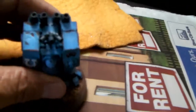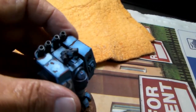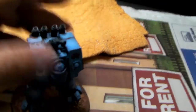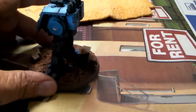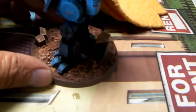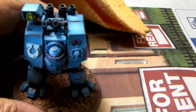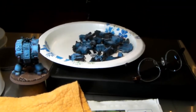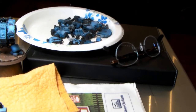And let's see if we can see some more. I haven't shown you guys the damage I've done on him. So that's the area where you can put the light on. It'll cover that up. And then you can see there's just a little bit of damage all over. And then the feet, let's see if we get some light in there. And we haven't done an oil wash, I haven't done any of the metallics on the bodies themselves. I still have to do a lot of the damage here, over on the weapons and the paper plate over there. And that's probably what I'm going to be working on for part 7, or maybe I'll keep continuing this